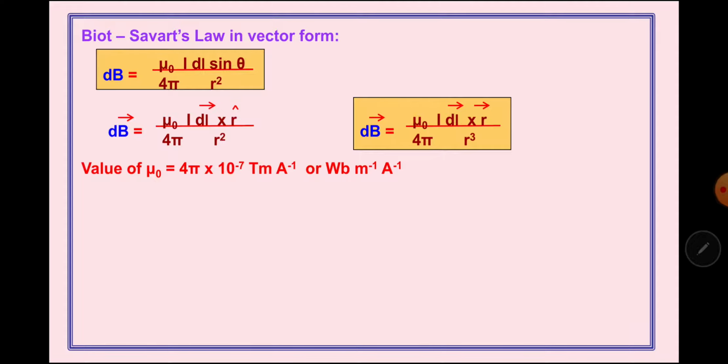Students, here you can clearly see the value of mu naught is 4 pi into 10 to the power minus 7. That means to say the value of mu naught upon 4 pi taken together will be 10 raised to power minus 7. Be very careful, this power here is in the negative sign. In the case of electrostatics, the proportionality constant was 9 into 10 raised to power 9. There the power was a positive number, and here the power is a negative number, that we have to be careful about.